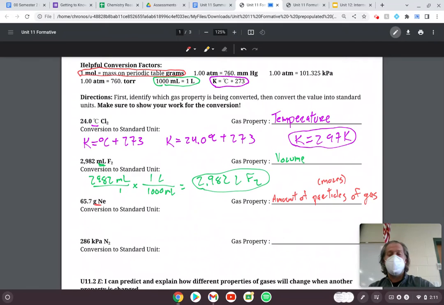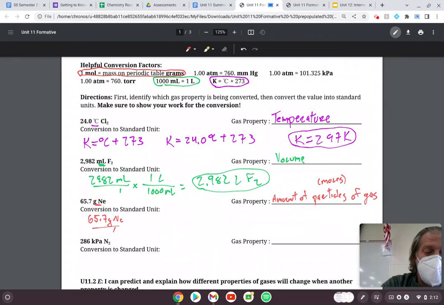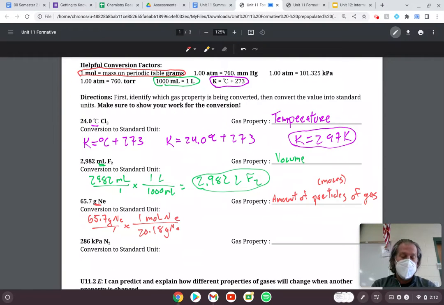So I'm going to grab my periodic table and figure out what the mass of neon is. In this case, it's 65.7 grams of neon over 1. 1 mole of neon is equal to 20.18 grams of neon. So I'm going to take 65.7 divided by 20.18, and the calculator gives me something like